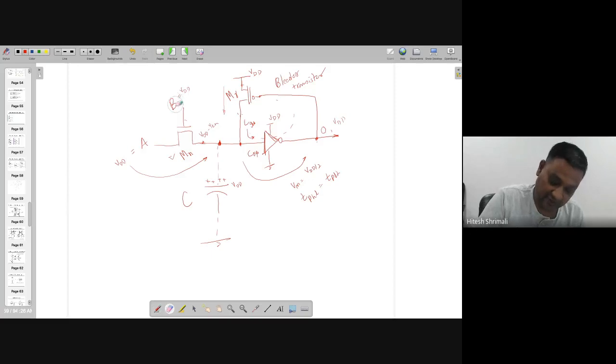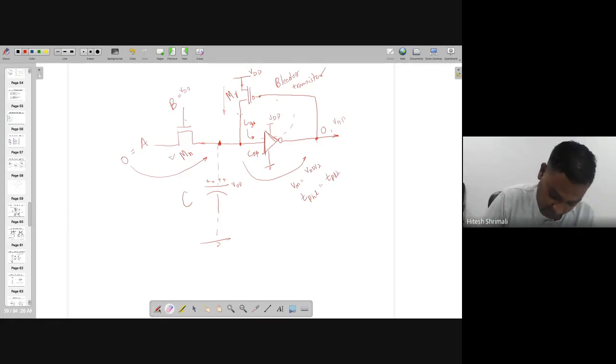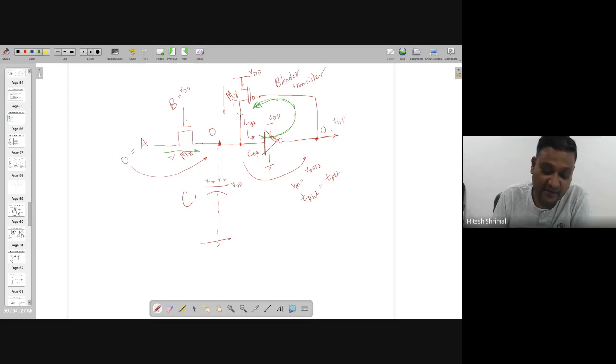But what if I change to 0, right? If it is 0, the other side will go to 0, and the other side is VDD, and this is going to be off. But this is the theoretical business. If you understand this, 0 will take some time to reach over here, and after some time, through the whole loop and this particular propagation, this becomes 0. So it does not go to 0 instantaneously. It takes some time,